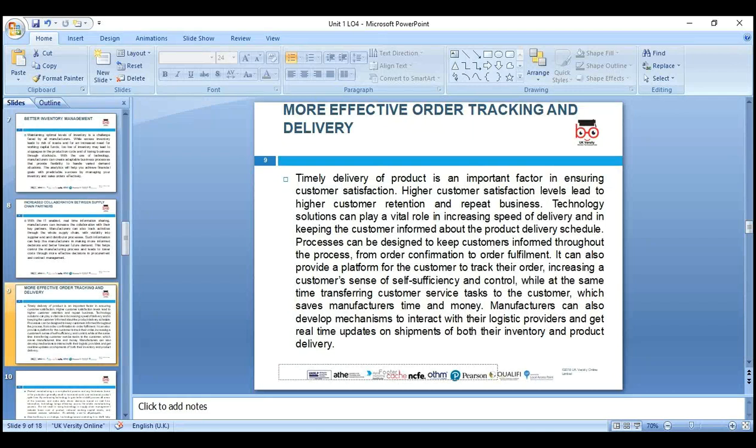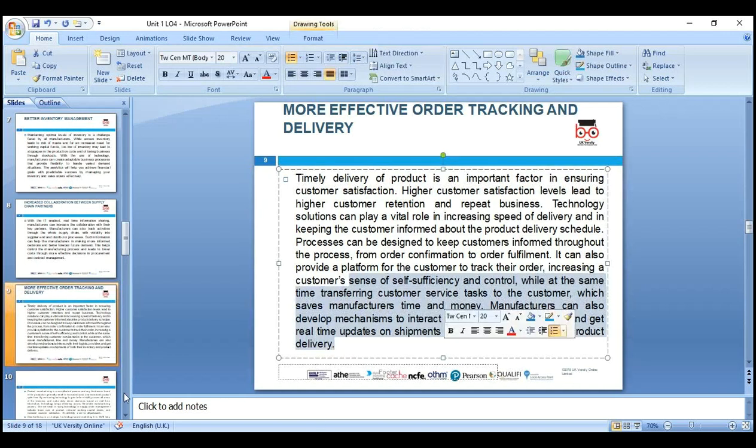More effective order tracking and delivery. Yes, we can track our order, where it is, at which point our item is now, and when it's supposed to be delivered, by technology. If we don't have technology, we can't trace. So it also increases customer satisfaction. So self-sufficiency and control, and at the same time transferring customer service tasks to the customer. So that's what we need to look around, and that also helps us through